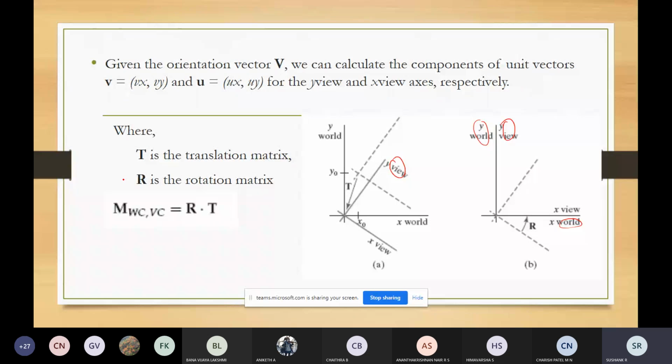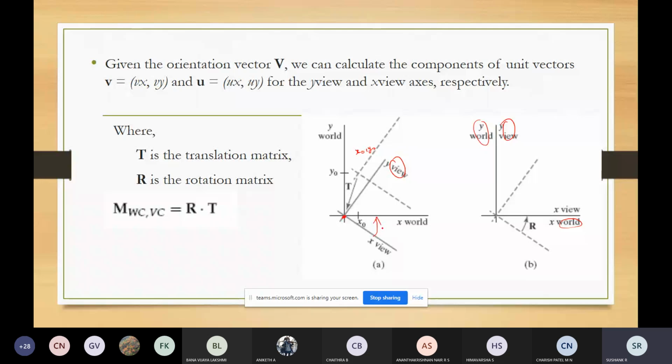What is the first step being followed? The first step is to perform the translation, where you move the viewing coordinate system from the position x naught, y naught to the origin of the world coordinate system. So the first step in the transformation is to translate the viewing origin to the world origin. After that, the second step is to perform rotation.